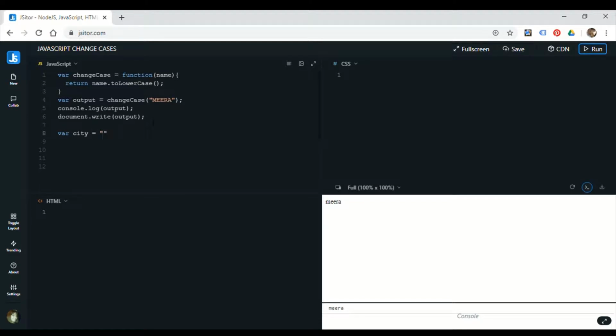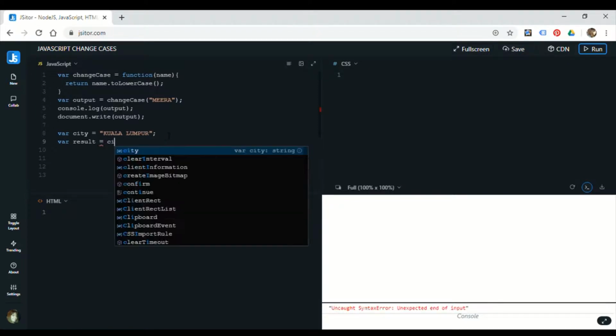Now there's another way by which you can do the output, and that is by using just pure variables. So let's say var city equals a string Kuala Lumpur.